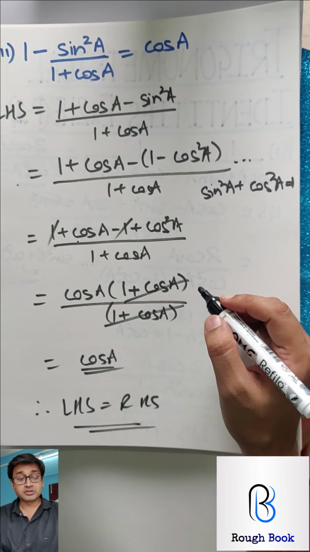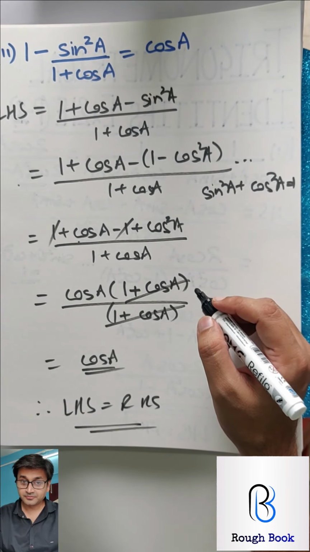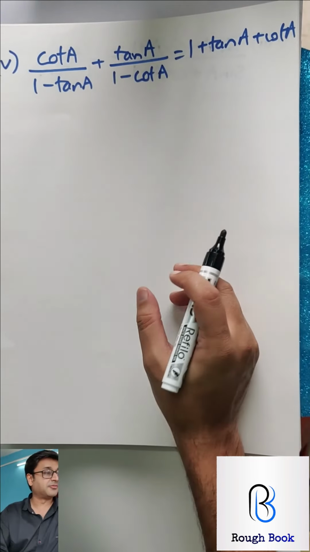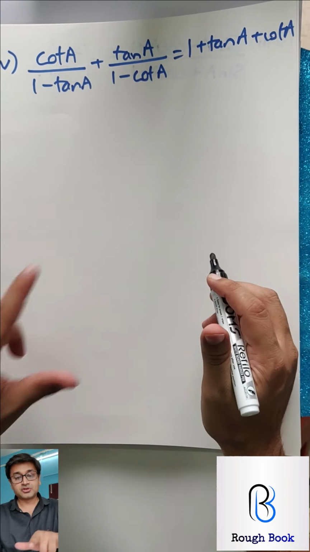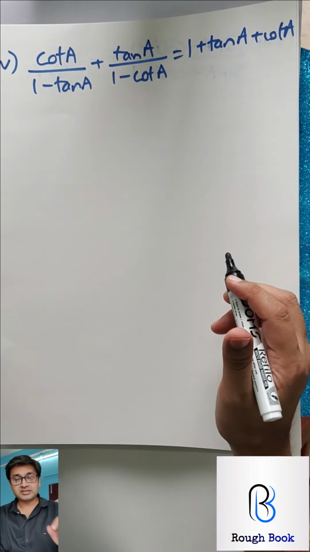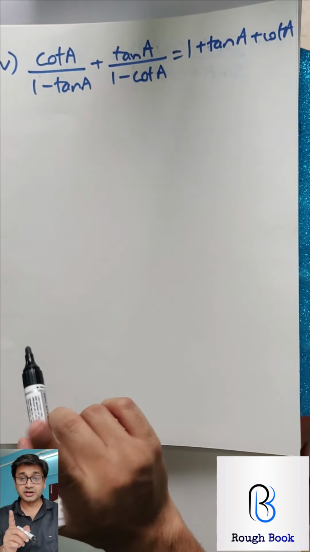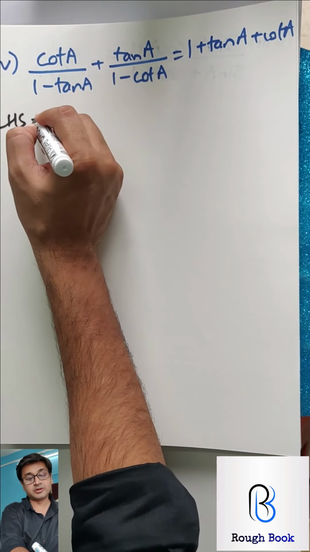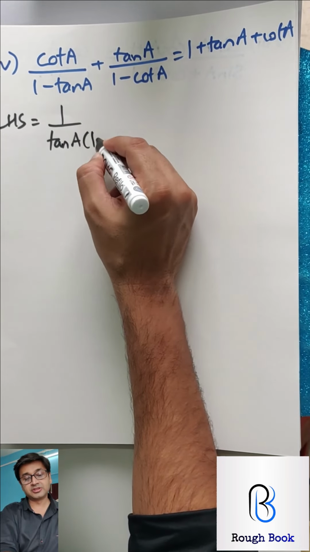How many of you are mostly getting this entire sum on your own without my help at all? Great job. Let's take the next one. If you can manage the same way, I'll be impressed. I want you to try part 5. So you begin with the LHS. The best technique is convert everything into tan, not sine cos, into tan. And then gradually you will be able to reach here. That's the easiest way. So cot can be written as 1 upon tan A into this.